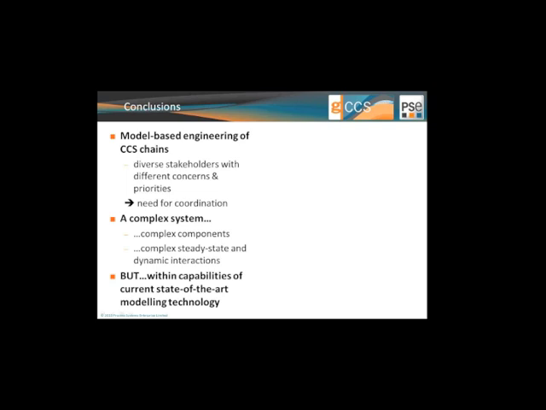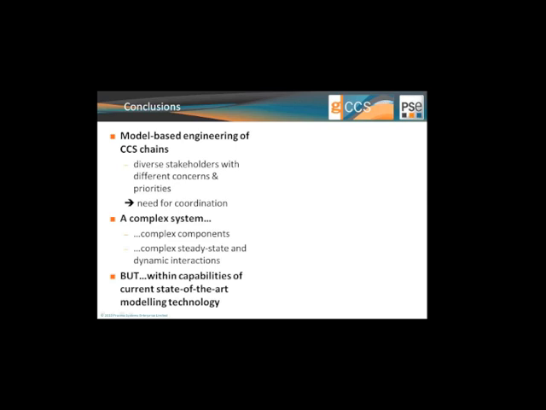You also could imagine that different organizations could share their models within the same platform without having to disclose their IP. This CCS system is very complex. It also demands very detailed models that can capture the key phenomena in the system. And we also could observe that there are complex steady state and dynamic interactions along the elements of the chain, and one cannot look into these in isolation.